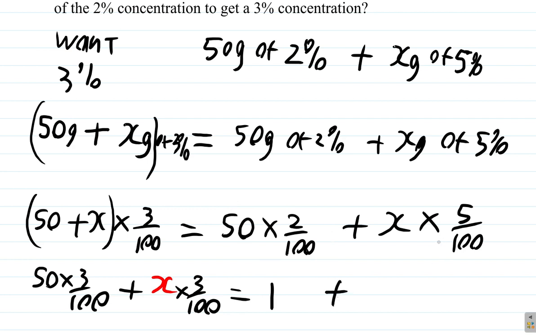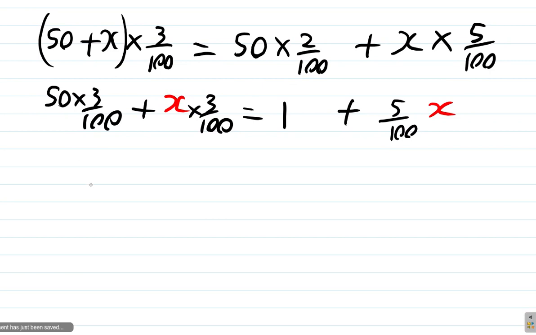Plus, well, in this case, you'd have to say 5 over 100x. Right? So, x is what you're calculating here. Now, let's see what happens. You want to find x. 50 out of 50 by 3 out of 100 is what? 15 to 100 is 2. This is 3 over 2. Alright? So, this is 3 over 2